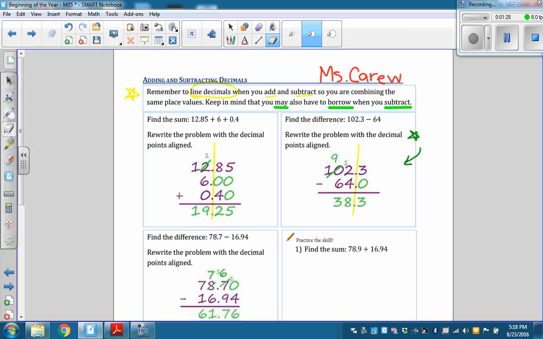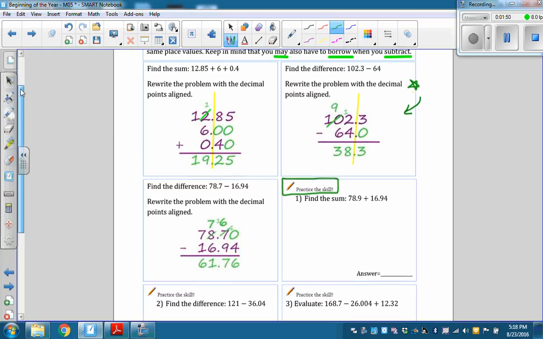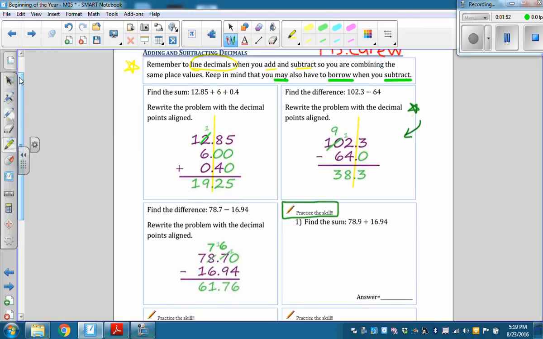So in the Notecatchers, you'll see examples, and then you'll also see a place for you to practice your skills. Anytime you see this pencil here with the words practice your skills, that's a place where you'll need to do the problem yourself. Otherwise, what you might be looking at is a sample of student work. For example,